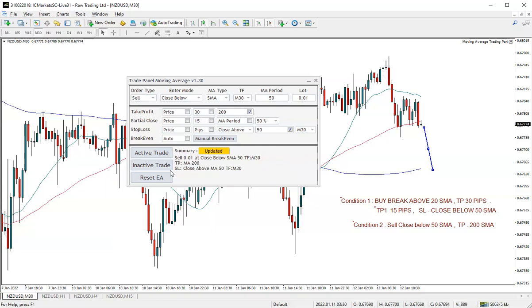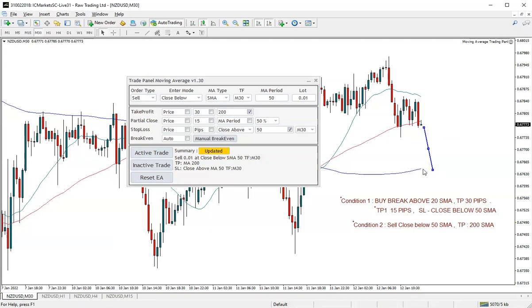If these settings had been inserted in this EA before the candle closed, because it is always considering the last candle close price and will update itself only after the next candle closes. So if we had updated this before this candle closed in 30 minutes, then right now it would have opened as a sell trade with the 50 moving average as a stop loss and the 200 moving average as a take